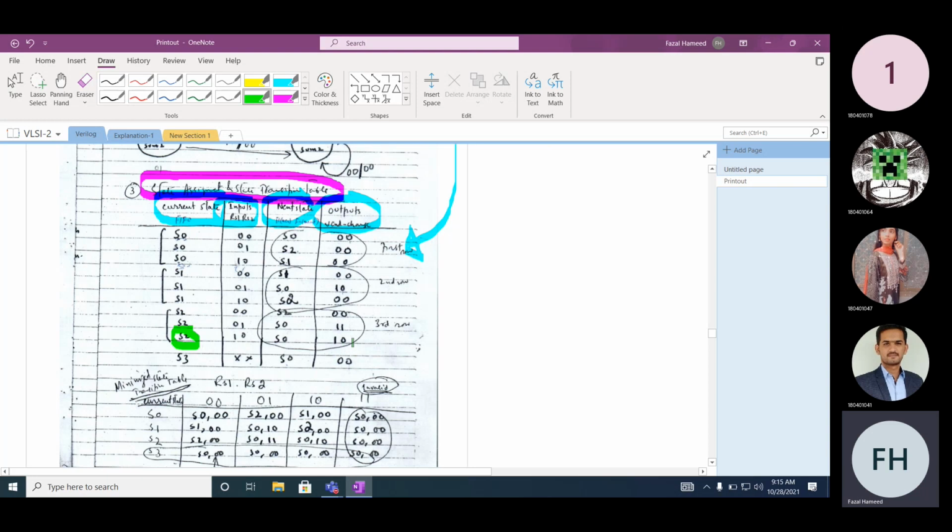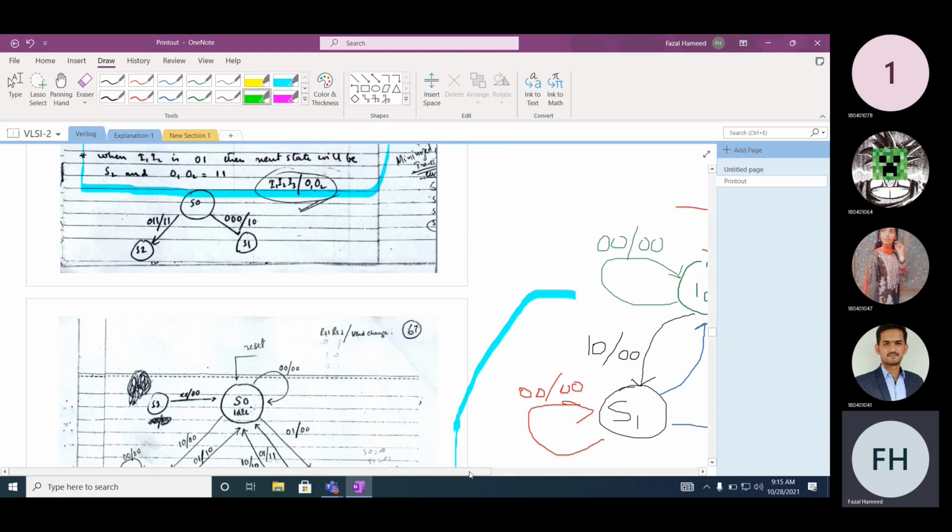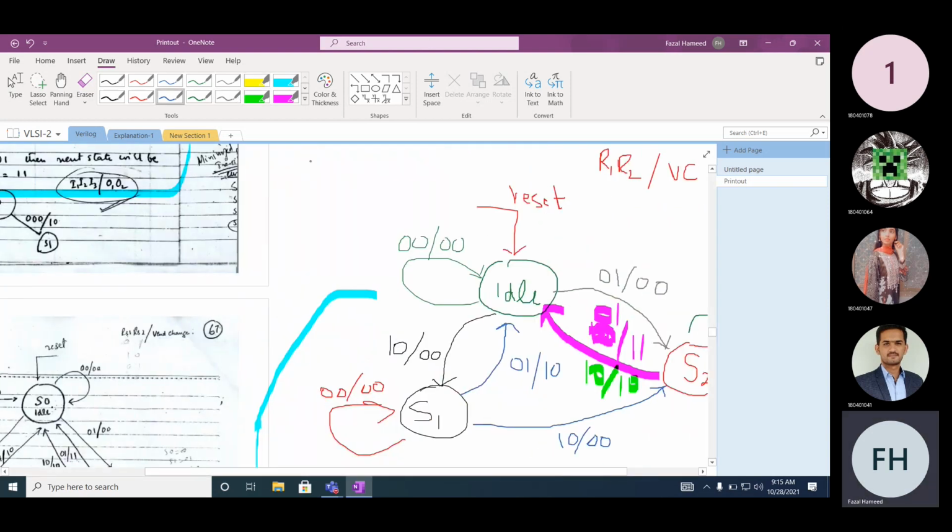Now we also need to define the unknown state, because if you are using 2-bit flip-flops, there will be 4 possible states: S0, S1, S2 and S3. So now we can also include it here. For whatever reason, we don't want to initialize this state. If the system goes to state S3, it should directly go to which state? Idle. So if the input is XX, what does XX mean? Don't care, whatever the input. If for whatever reason the system goes to state S3, that is an undesirable state. We don't want to enter into that.